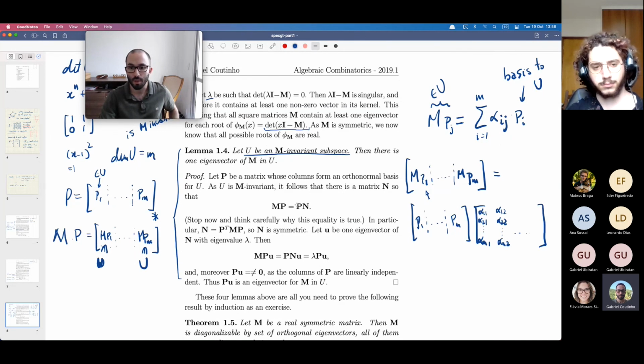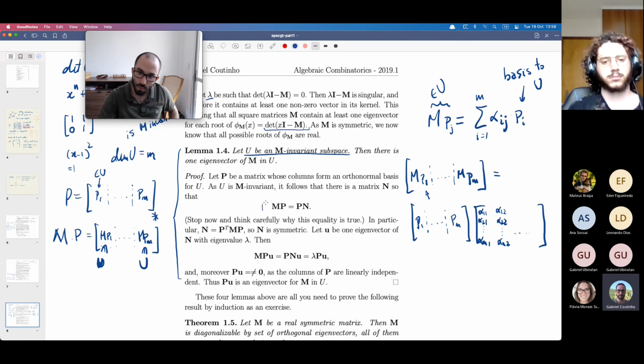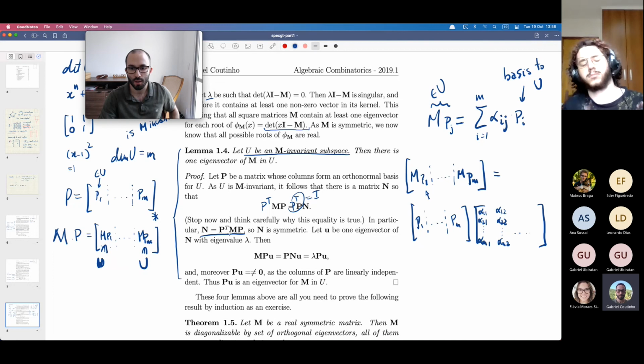So P is a matrix that contains orthogonal eigenvectors, right? So if I multiply P from the left by P transpose, I get the identity, right? Because I'm multiplying orthonormal vectors as columns, orthonormal from the rows. So things cancel out. So if I multiply this by P transpose here, this becomes the identity. So N is equal to P transpose NP, and therefore N is symmetric. If I transpose everything here, I get the same expression on the right. Okay, so N is a symmetric matrix, this matrix here is magically symmetric.